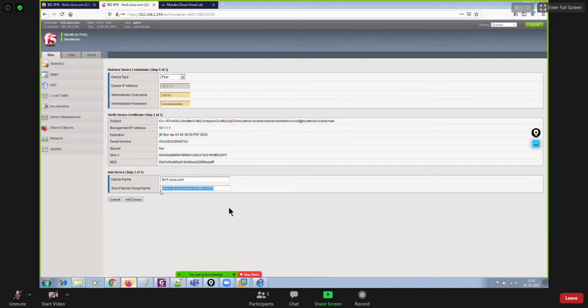If you want to create a device group by your own, like device group failover 1 or device group 1 like this. Okay, so it's up to you. You can customize that, but it can automatically pick that up, and you can just click on add device.